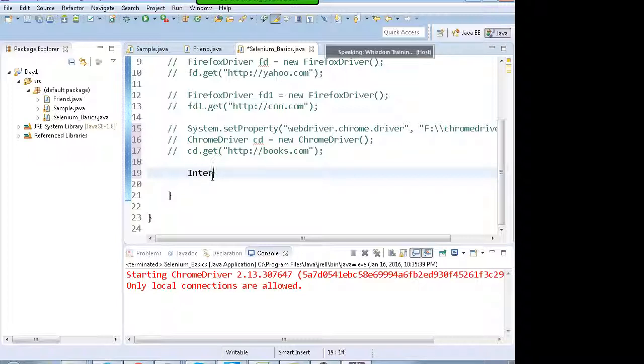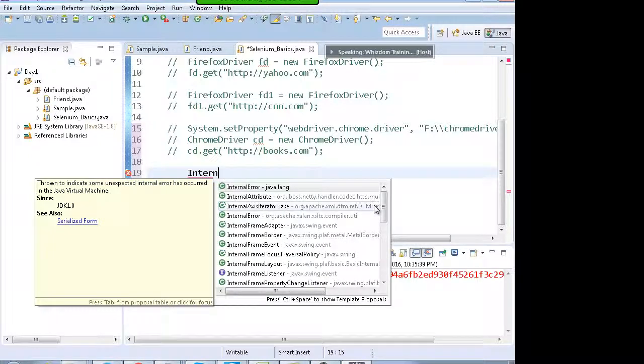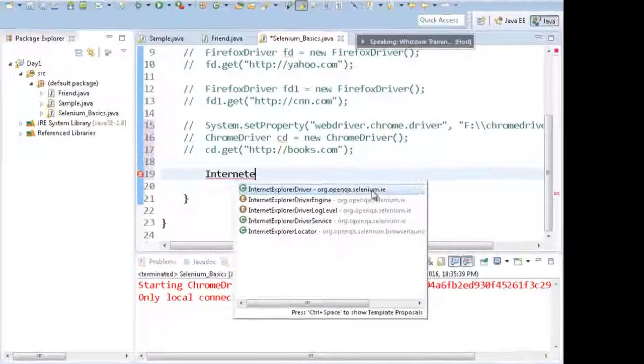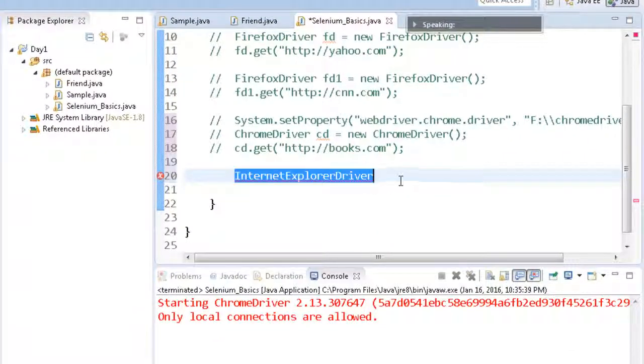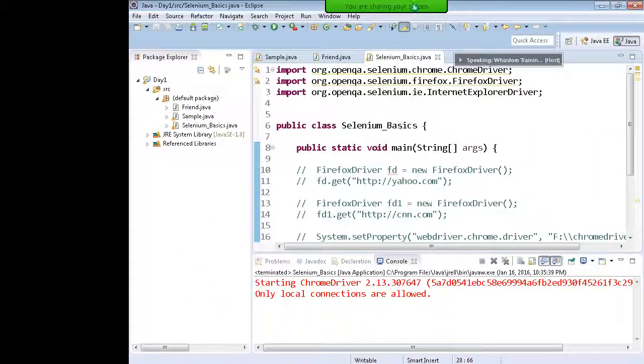Just write INTER and hit Control space bar, and Eclipse will give you the names of all the classes it can recognize with INTER. Keep writing and here you go, you found it: InternetExplorerDriver ie = new InternetExplorerDriver. You create the object of this class and you can work with it.